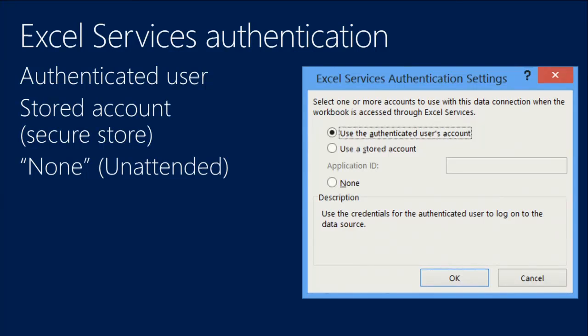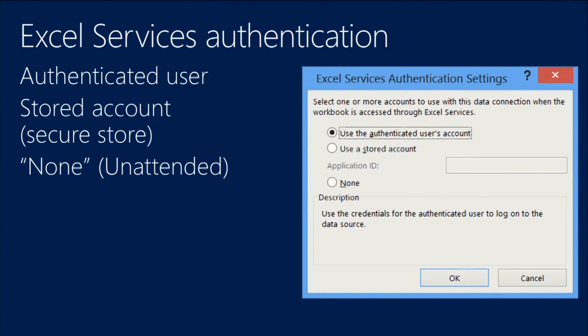Here's where it gets more interesting when you talk about external data model connections. When you create an external connection in a workbook in Excel, there's a little button that you can go in and say, configure how this is going to work and how this is going to authenticate in Excel services. And you have 3 options. And this is the default one. The default one is to try and delegate the authenticated user's identity, that is the identity of the user who's actually logged into SharePoint,